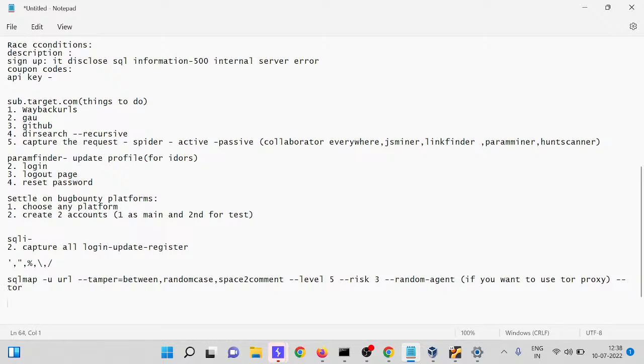So for SQLi, you need to test these one by one. Second, you need to pass that request to SQLMap with all this on every parameter, including cookies, length. And if you find any parameter, for example language equal to any, you also need to test SQLi there. So SQLi can be found in any parameter. You just need to insert these kinds of payloads or SQL detectors, then pass that request to SQLMap.